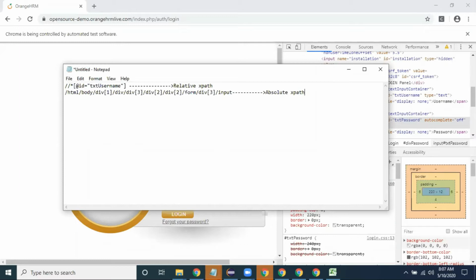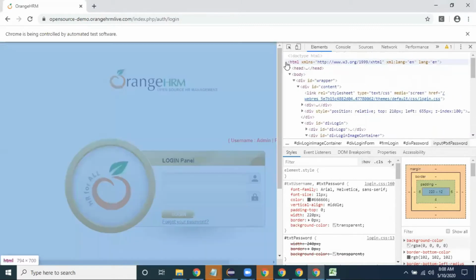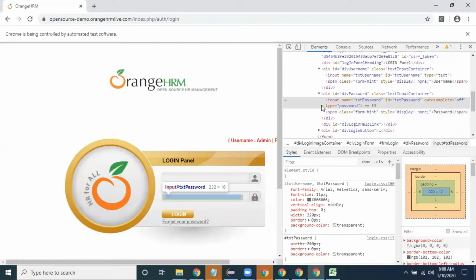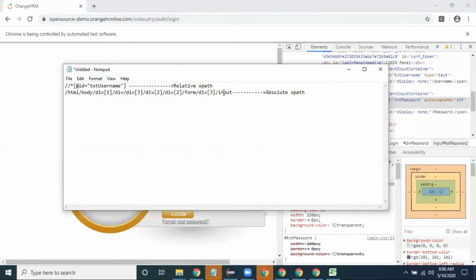First of all, we will discuss what an absolute XPath is, because we have done more labs on the relative XPath. Absolute XPath means you are traversing for that particular web element from the root node up to that specific web element. The complete traverse is represented in the XPath. So this concept is known as absolute XPath. Okay. And what is a relative XPath? We will discuss.